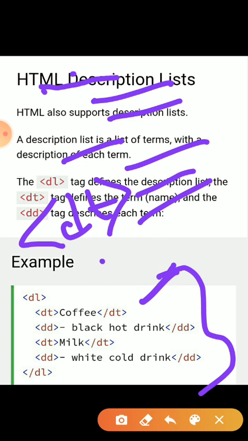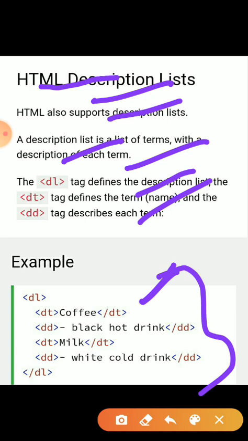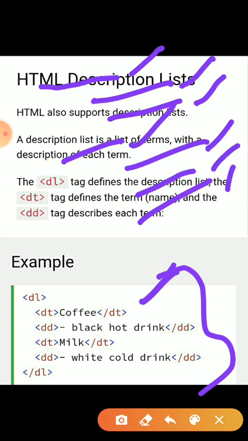So it will create the list accordingly: first one dd tag, then 2 dd tags, then dt tag, then 3 dd tags.